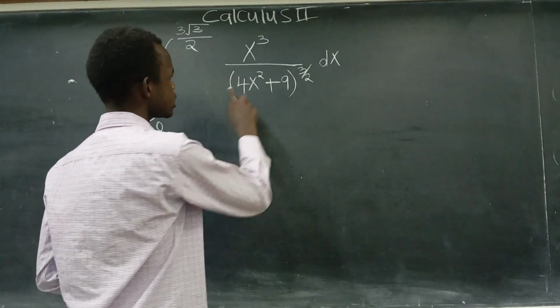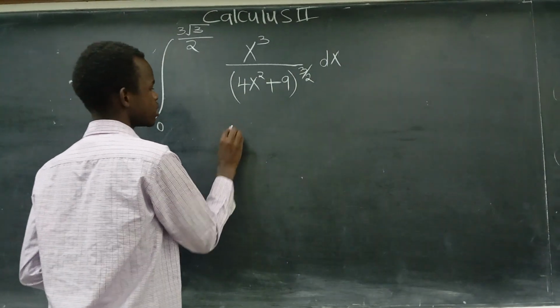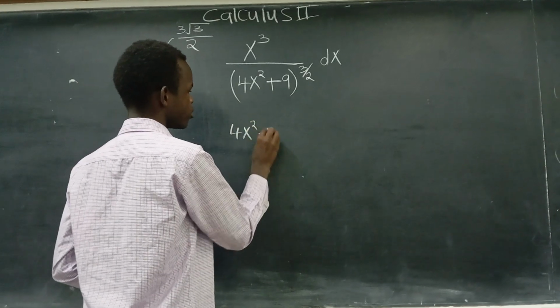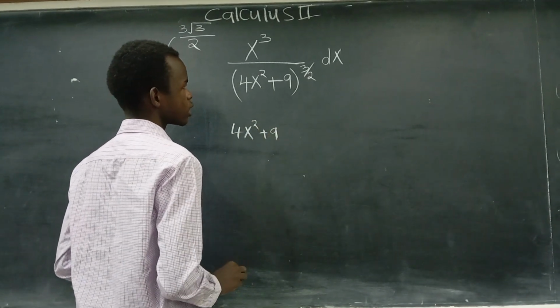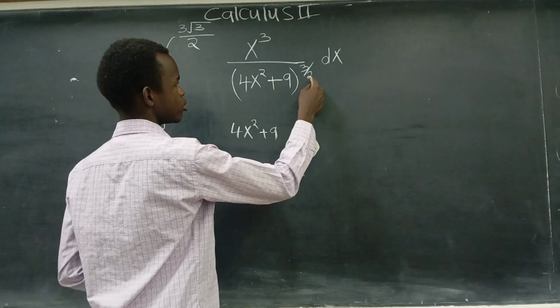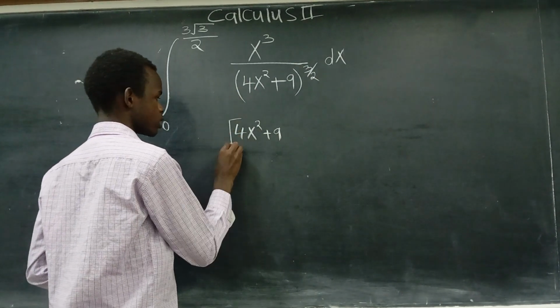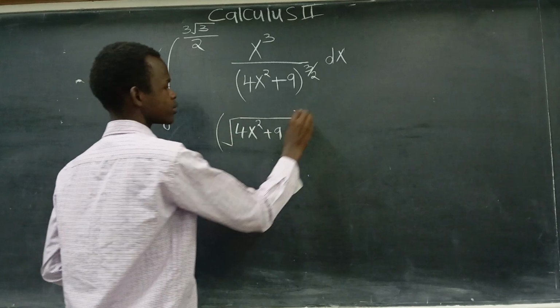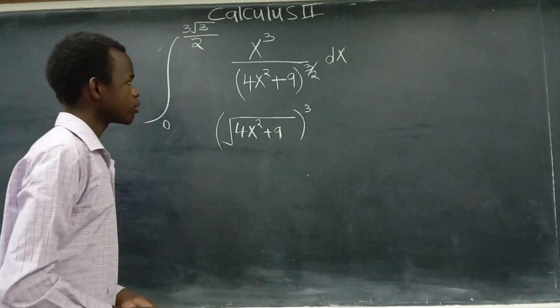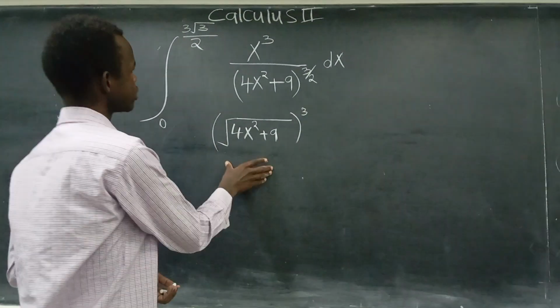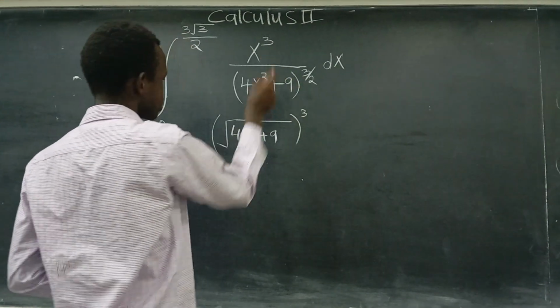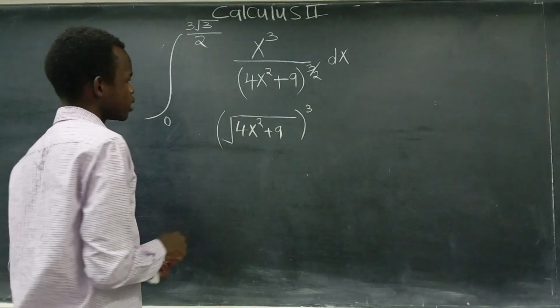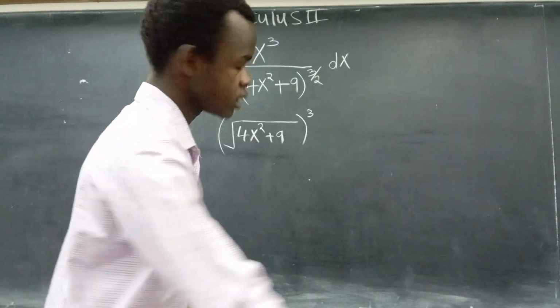As you can see, this part is just the same as 4x squared plus 9, okay? I'll place a square root, then I'll cube that part. From there, this is what I'm having, so I'll try to express this in this form. I'll write now my integral as,